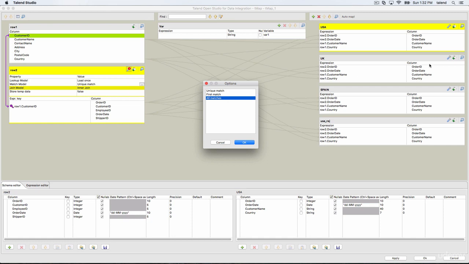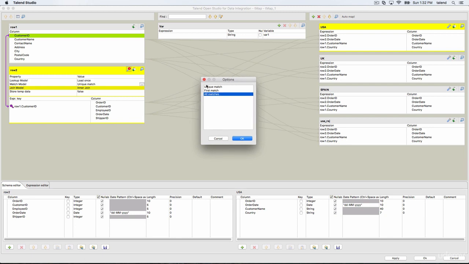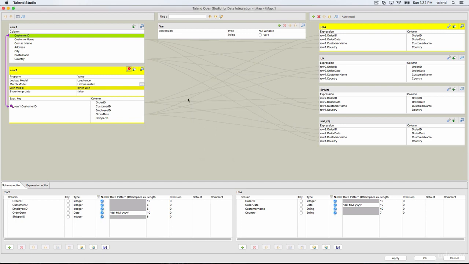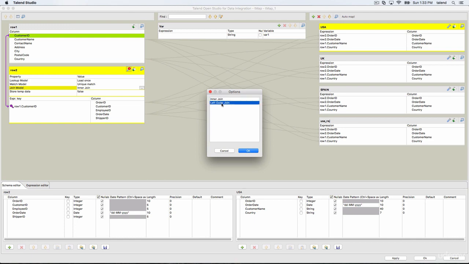This option pretty much depends on your business logic. If you want only the last, the first, or all, you select accordingly. And then the join model. We have inner and left outer join.